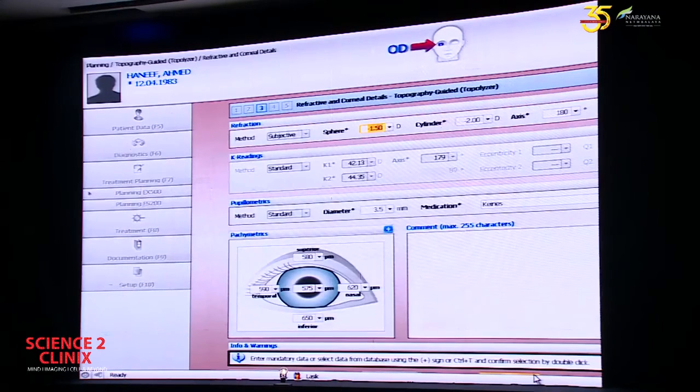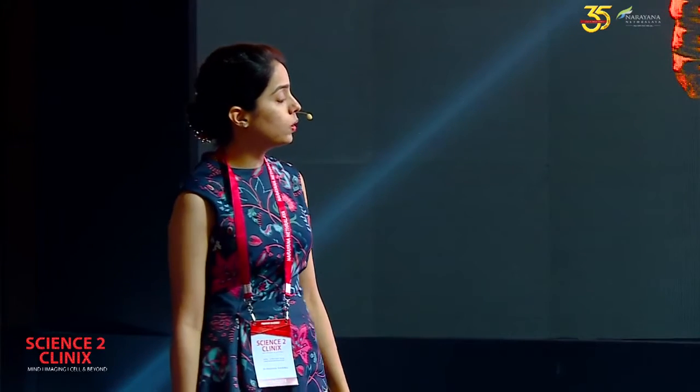So for the purpose of this planning, we'll take all the scans into consideration. So now we move on with, there's a button at the bottom which says next. It's been cut by the screen. So when we go next, the first step is to put in the patient's refraction. So this patient had a sphere of 1.5 with a cylinder of 2 at an axis of 180. We also put in the K values. The pupil diameter has to be put. The medication has an option of none or others. So you can choose if the patient is on any medication. Now, as against the wavefront optimized, it's important that the corneal thickness in even the superior, the inferior, the nasal, and the temporal aspects are fed in. This is done on the tomography, and it's taken at the 6 millimeter zone. So we fed in all the data, and now we'll move on to the next step.